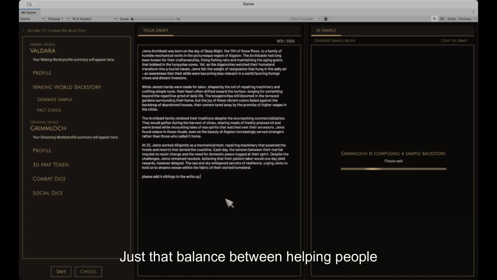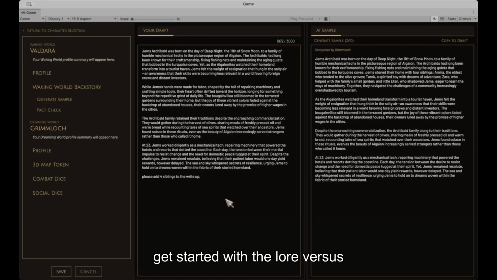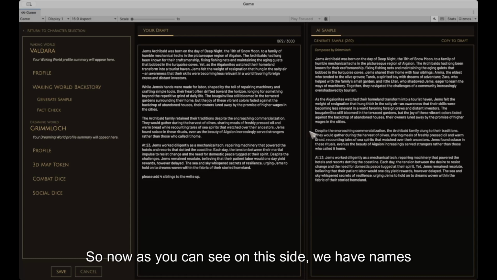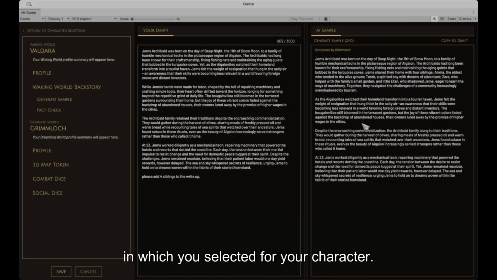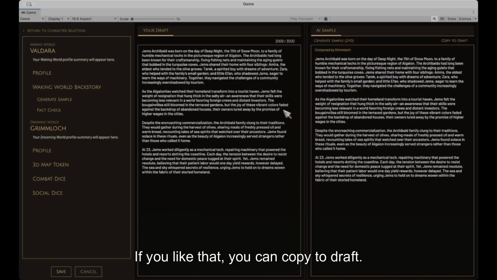Just that balance between helping people get started with the lore versus people who want to just completely write it. So now, as you can see, on this side, we have names, and those names are authentic to the region in which you selected for your character. If you like that, you can copy to draft.